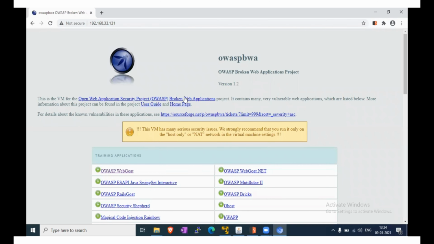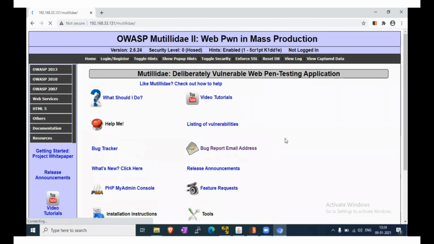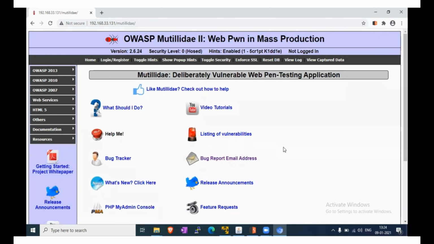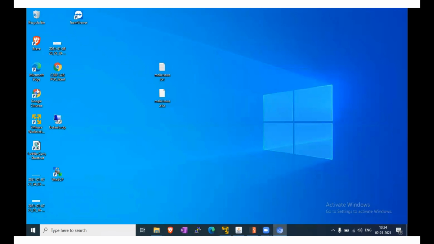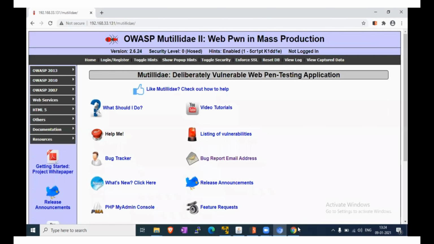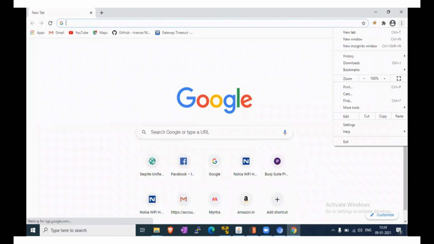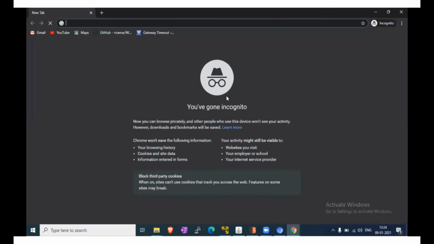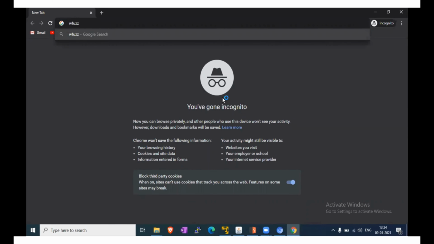So for that, we will first log in to our lab, and meanwhile I'm opening wfuzz for fuzzing.